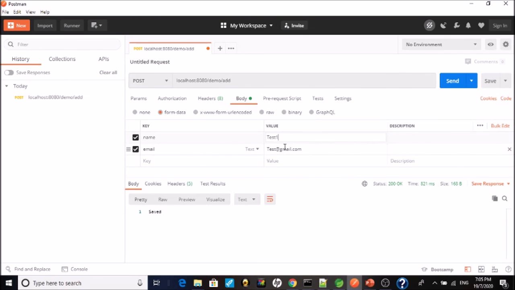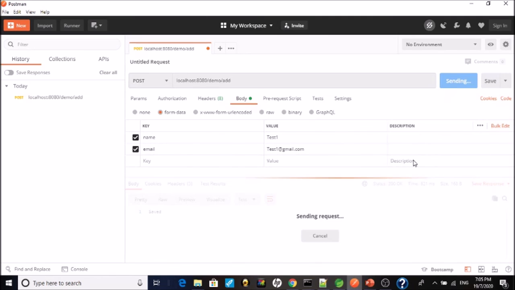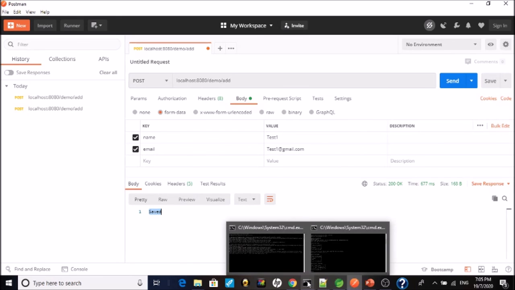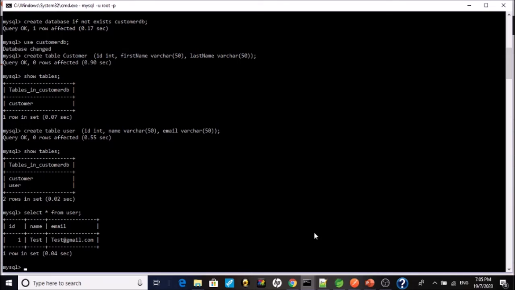So I am passing the parameters, name as test1 and email as test1@gmail.com, and submitting the request. It's successfully submitted. So let's see our database entry.